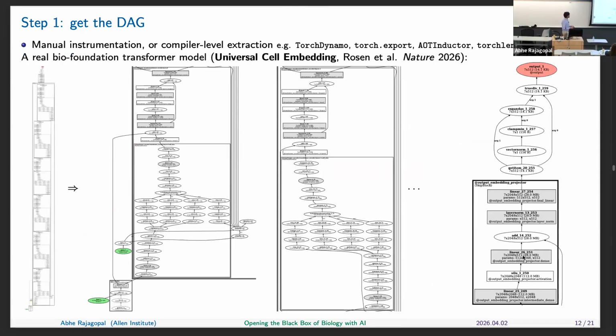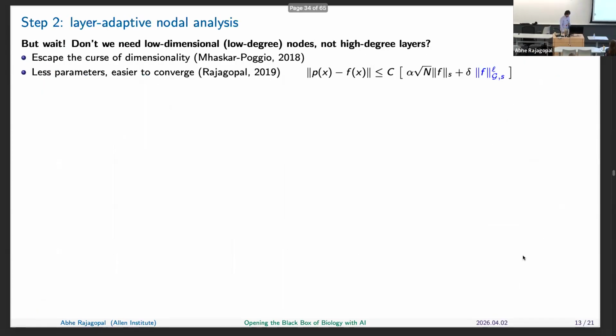And of course, you can do this for a real model. So here's a universal cell embedding, which I think was just accepted yesterday after several years. But basically, it's the same components that I showed you, the block of the transformer, and you stack them multiple times, and you can see them at a high level. There are 5 layers or so, and then there's an output layer that is able to predict the final embedding, and if you want, a classification from it.